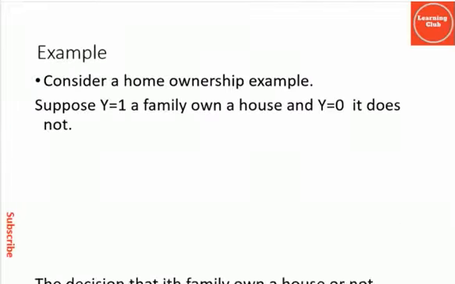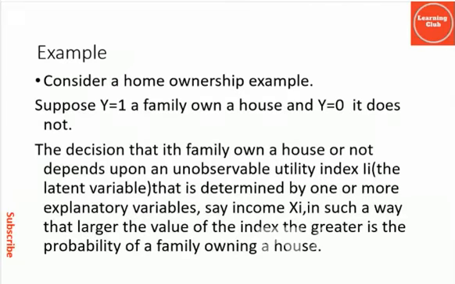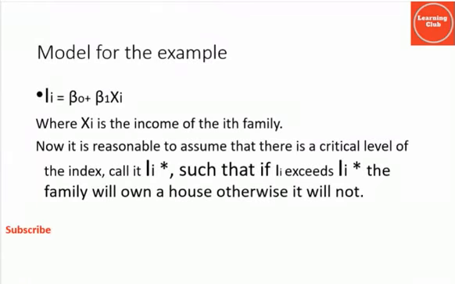Example. Consider a home ownership example. Suppose Y equals 1 if a family owns a house and Y equals 0 if it does not. The decision of whether the ith family owns a house or not depends upon an unobservable utility index E, the latent variable, that is determined by one or more explanatory variables, say income X, in such a way that the larger the value of the index, the greater is the probability of a family owning a house. For this example our model will be E equals beta 0 plus